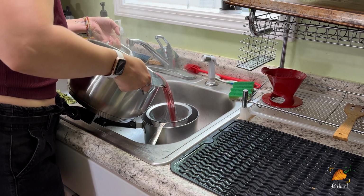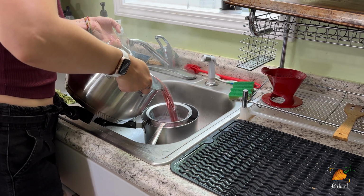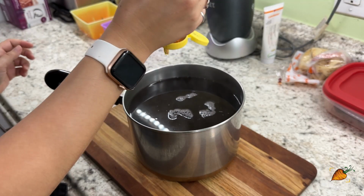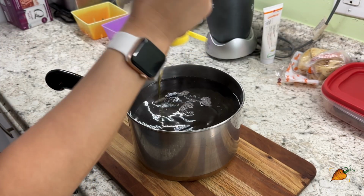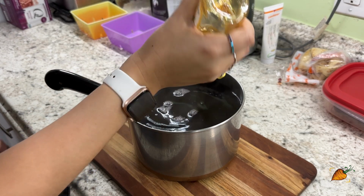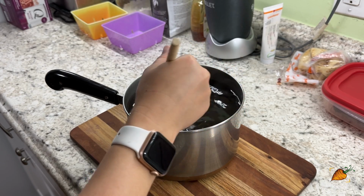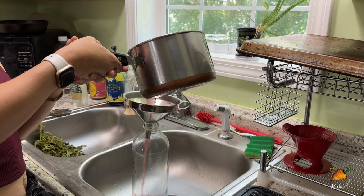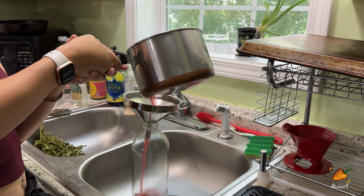Now, if you wanted things to be strained a little bit more finely, you could definitely run this through a cheesecloth. If you're worried about dirt or any bugs that might have gotten in, if you're lazy like me, cheesecloth will make absolutely sure that none of that gets into your final drink. Once I've got it the way I like it, I just bottle it up, and I usually store this in